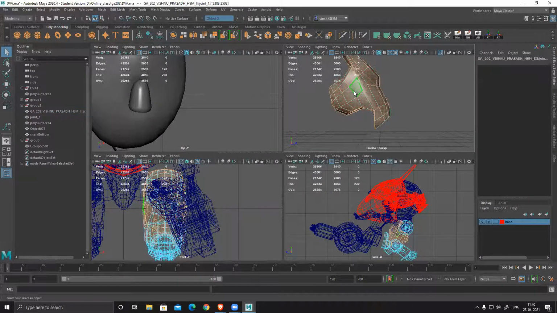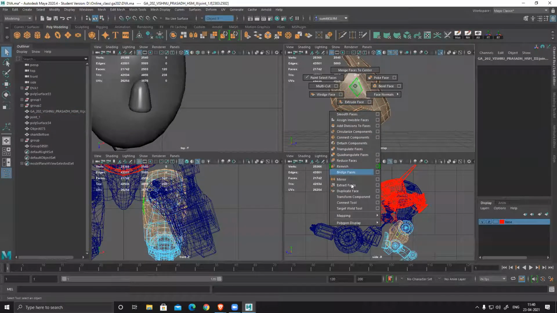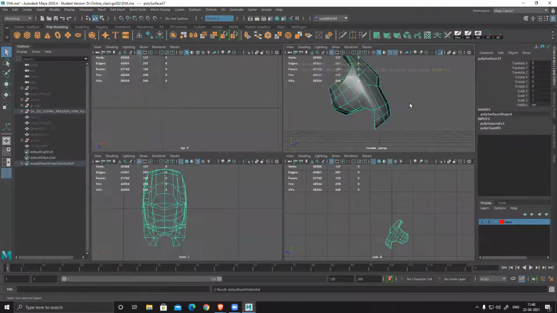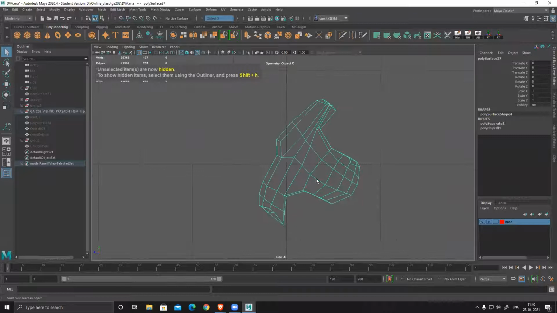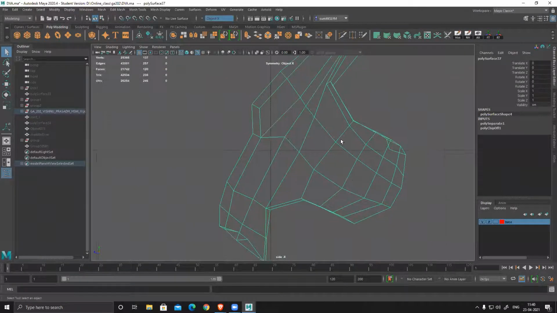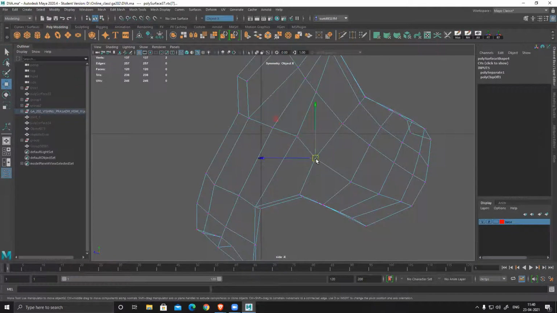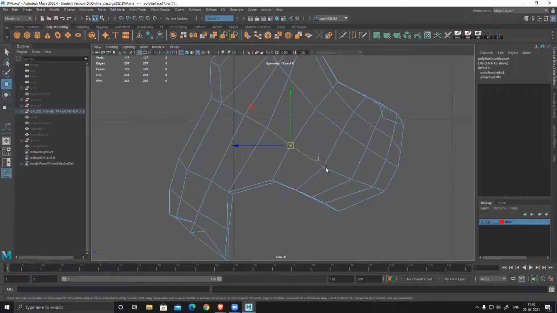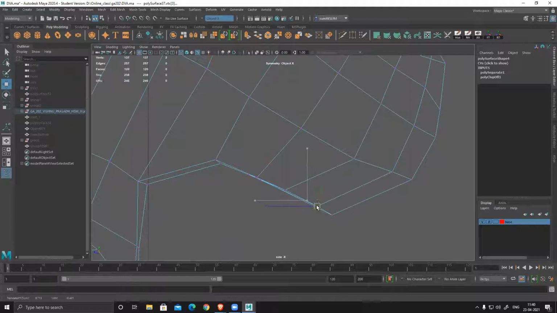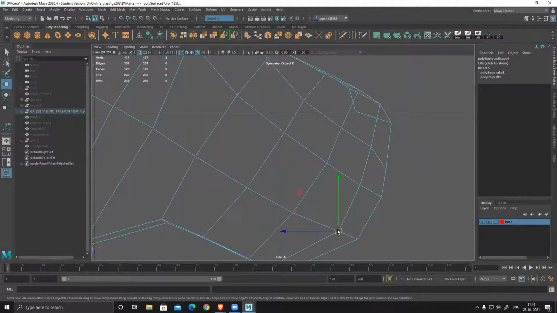The only problem with the model is, okay, just simply select this and extract faces. So it becomes a separate part altogether. Yeah. So I can see it's perfectly symmetrical. But the only problem with the model is that initially we created this high poly, so topology wise we haven't paid a lot of attention. So make sure, while optimizing your blocking and finalizing a low poly, that all the lines align properly. They should have equal, similar poly distribution.